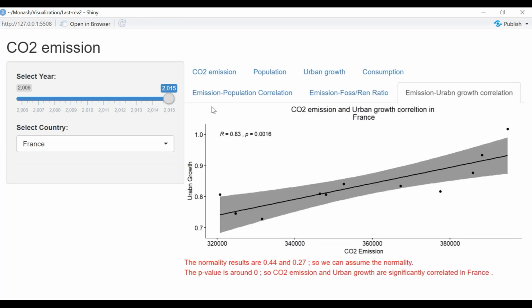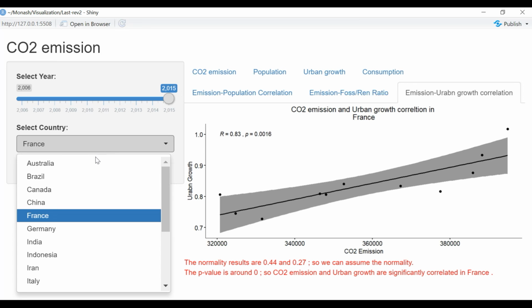And the last but not least is the emission and urban growth correlation. So again, taking a look at the graph for France, here again, there's a significant correlation. And again, it's checking the normality. And it says, yes, with the growth in the urban population, there's going to be an increase in carbon dioxide